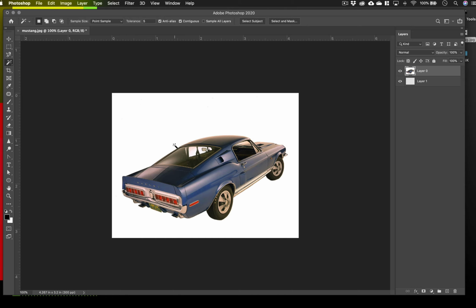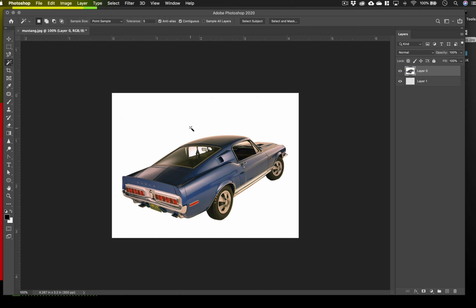I mean, to kind of get rid of this background, we're going to select the white. We could have done that with the wine bottle, but I wanted to kind of start you off in a different way because not all backgrounds are this easy. Now, in a minute, we're going to get in and get these windows out of here too. So let's click on our white background. We don't need to adjust this tolerance, but